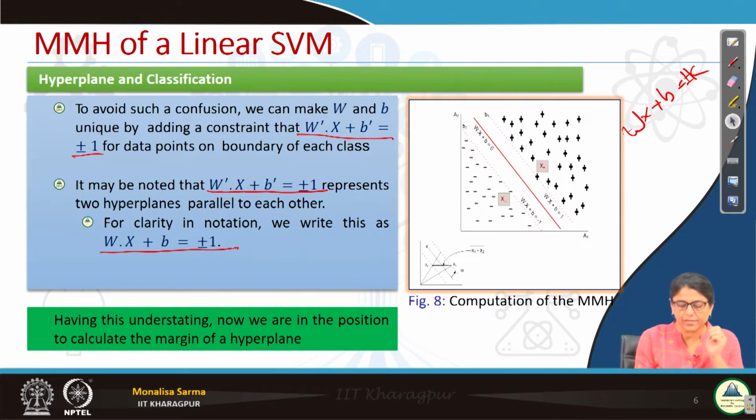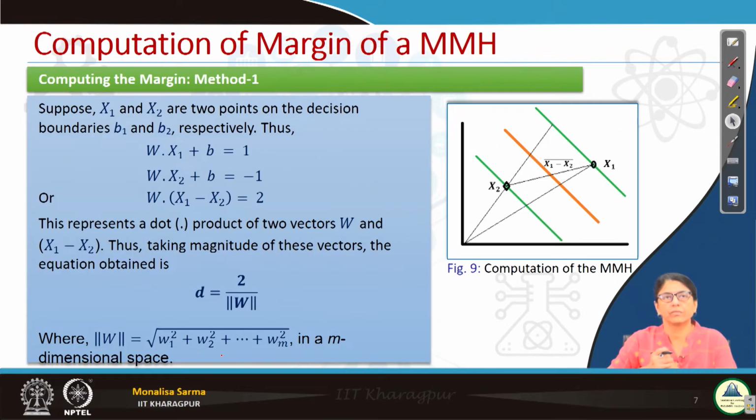Now having this understanding, we are in a position to calculate the margin of the hyperplane. Our objective is to find the maximum margin hyperplane, the hyperplane which will have a maximum distance, right? So now we are in a position to calculate the margin. So how will we calculate? Here we will see two different methods. First method,